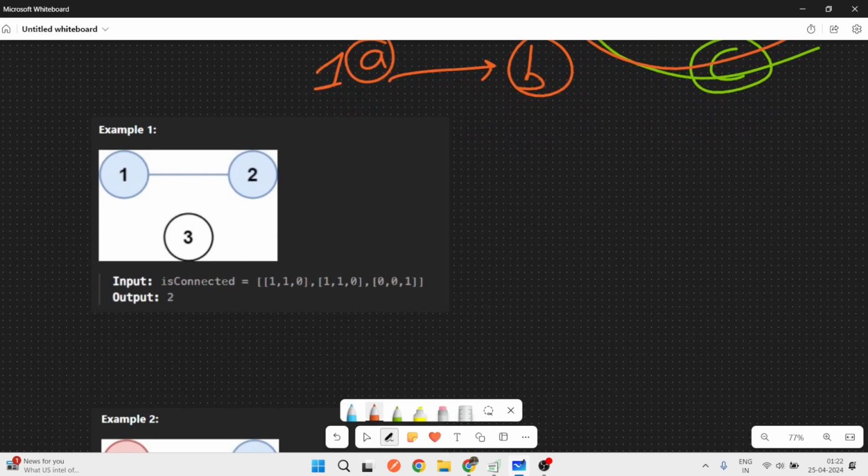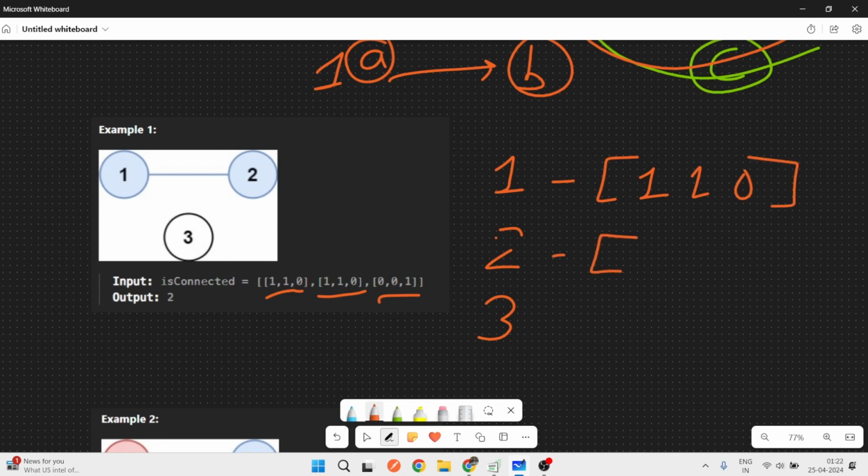We are given an array: 110, next 110, and 001. So for this we have nodes 1, 2 and 3. Arrays 1, 1, 0; 1, 1, 0; 0, 0, 1.